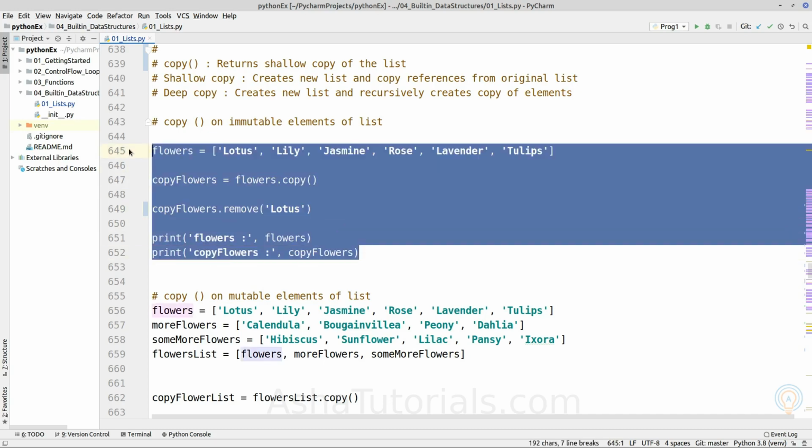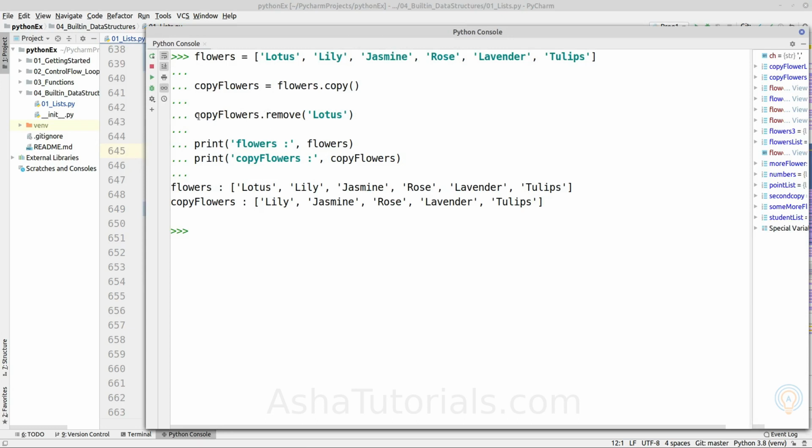If we execute it here, as we can see, after removing lotus from the copy of flowers, it is not removed from the original list. It will only remove a memory reference which is stored at copy flowers index 0. It will not affect the list which is pointed to by flowers.